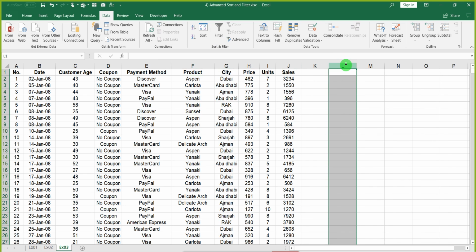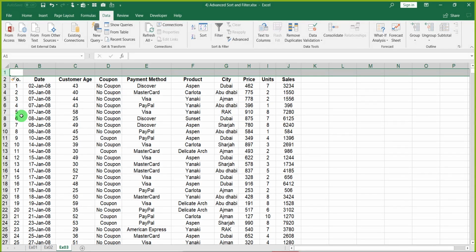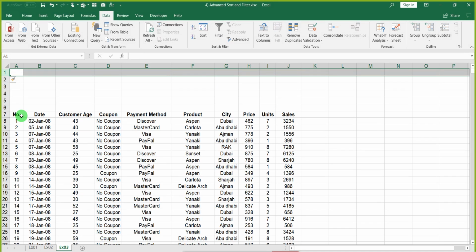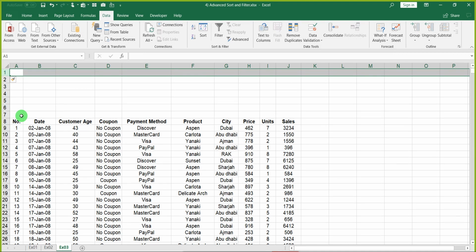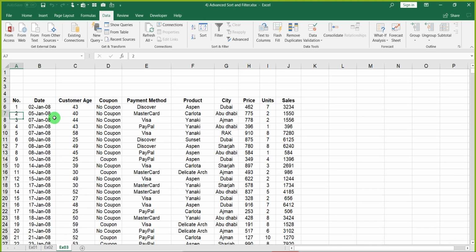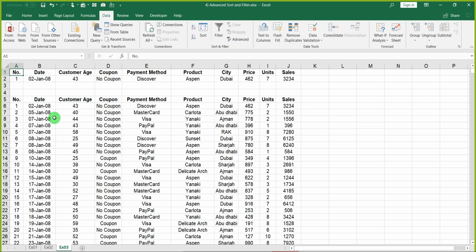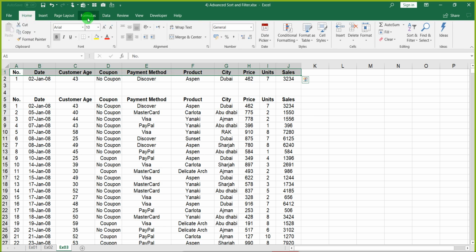Let me delete this column. The first step is this, friends. I will insert a few rows on the top. I will right click and say insert, and I'm inserting a few rows. Yes, you can press Ctrl plus or Ctrl Shift plus as a shortcut. So I have inserted a few rows, and I select the heading of this and paste it over here. So this is my criteria area and this is my actual data,